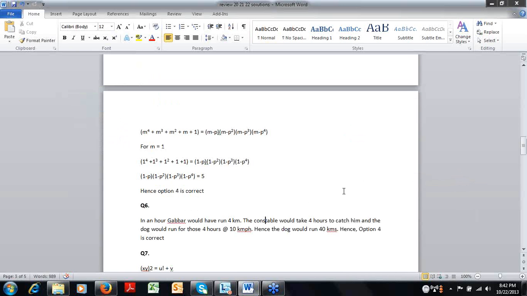See, some of the people are asking why we have said that 4 hours it will take to catch him. Let me explain. The prisoner can run at the speed of 4 km per hour and the constable can run at the speed of 5 kilometers per hour. Suppose at time x they both meet. So that time 4x should be equal to 5x. This can be possible only when,